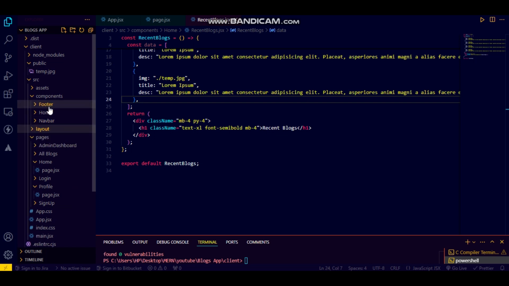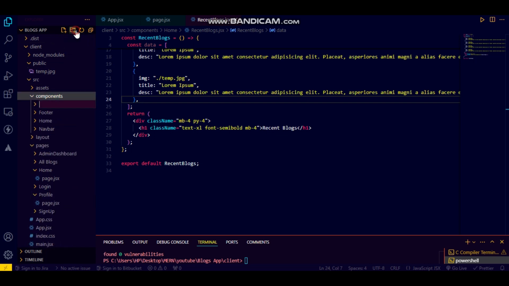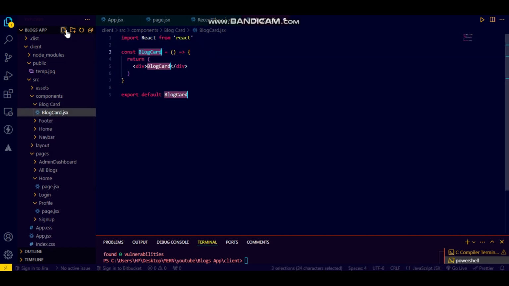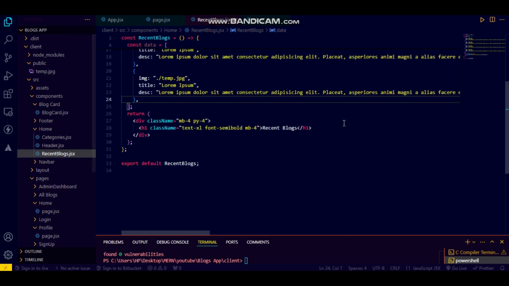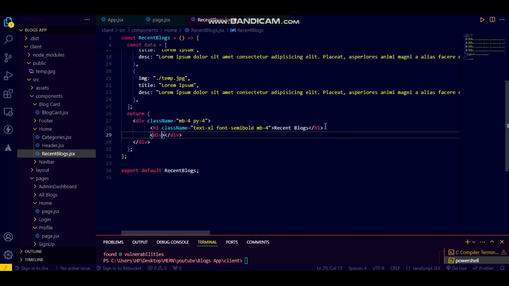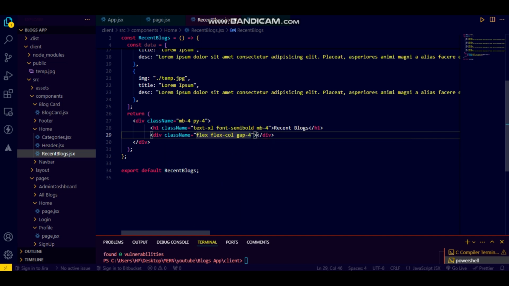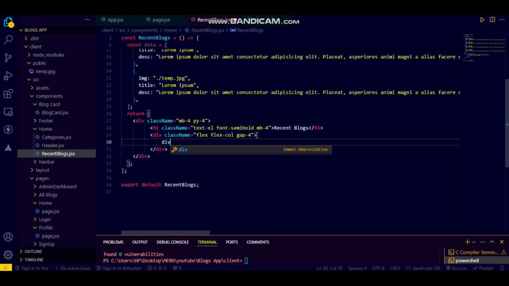Okay, so what I can do here, I can create a blog card here, blog card. And how to use this thing, I'll be just explaining each and everything. Just wait and watch. BlogCard.jsx. Okay, so what I can do here, I have a div, and you can say a margin bottom of 4. Okay, that's fine. And a class name, flex. You can say it as a flex column, and a gap of 4. That's the gap of 4. That's totally fine. And afterwards I'll be having div into 2, and I'll be dividing this div into 2,